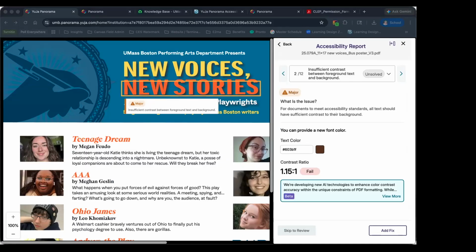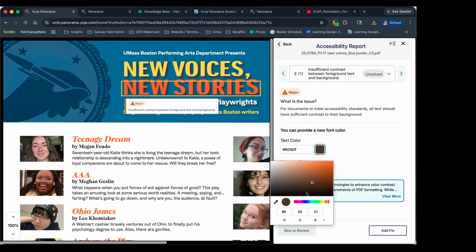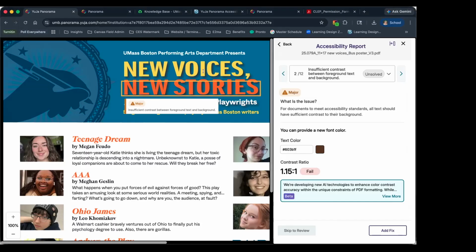I encourage you to pop the colors into those and double check the contrast ratios there. I think it is actually incorrectly identifying it with the background shadow here, because when I made it darker, yeah, I'm not 100% sure, but I would double check these in a different program as well.